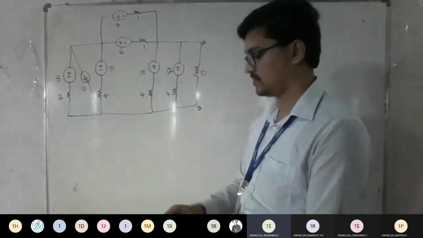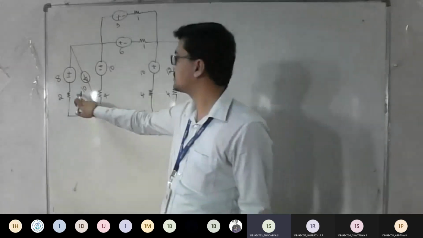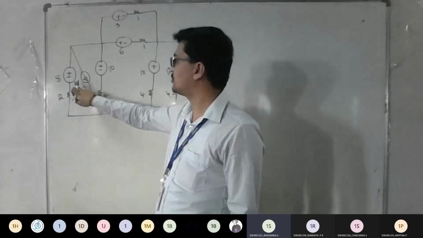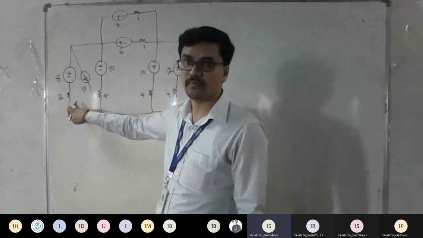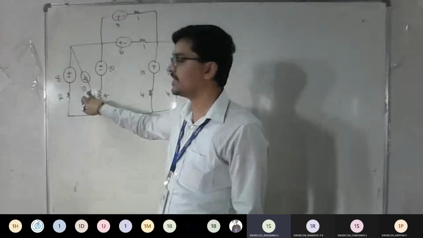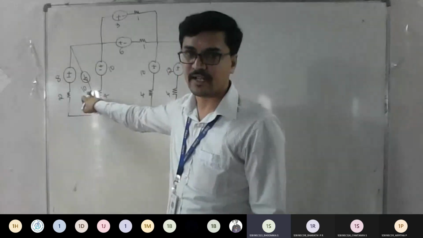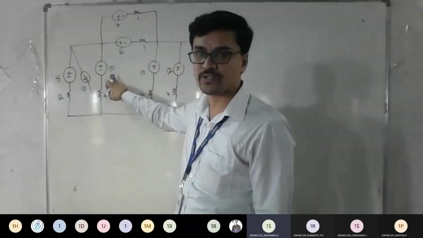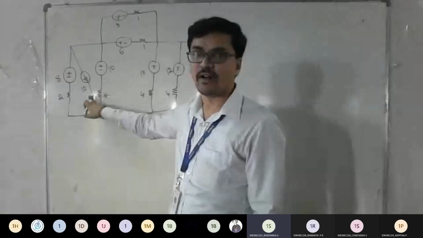Yeah. So from that 4 and 10, this 8 and 2 is a practical voltage source. So again there is a current source and that is ideal, right? And again you have one more voltage source. So we know that one current source is already there.